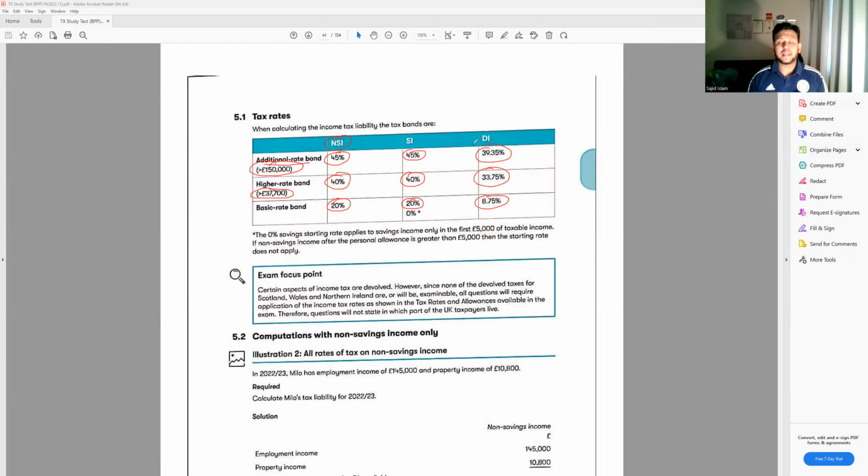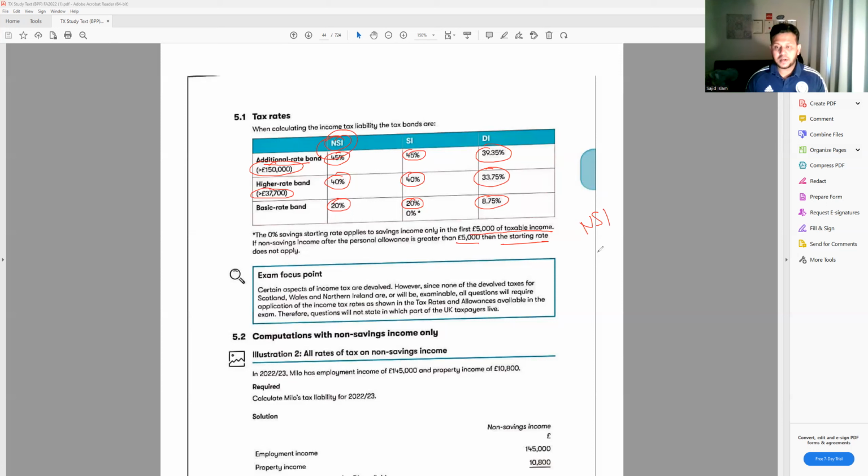Now, there is one thing that you have to remember, that is the 0% savings starting rate applies to savings income only in the first 5,000 of taxable income. If non-savings income after the personal allowance is greater than 5,000, then the starting rate does not apply. It's very, very complicated. You need to understand what they are trying to say. They're trying to say here, let's say your non-savings income